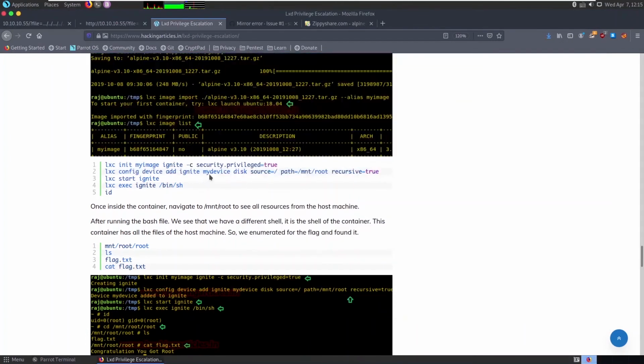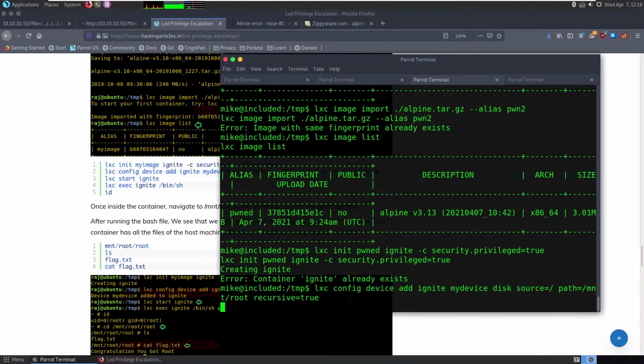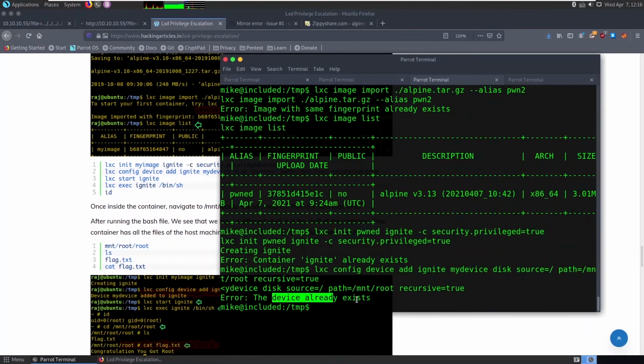Execute this command, then my device, and you can see the disk source is equals to slash, that means the whole file system, and path is equals to mount point root. You can paste that here. The device already exists, so you just need to enter this command.